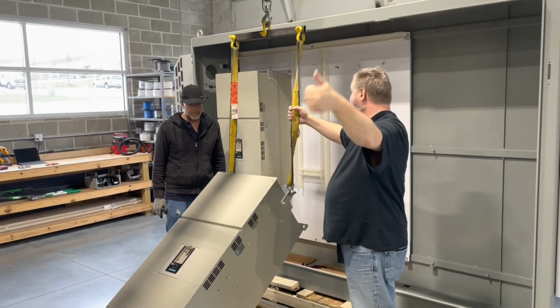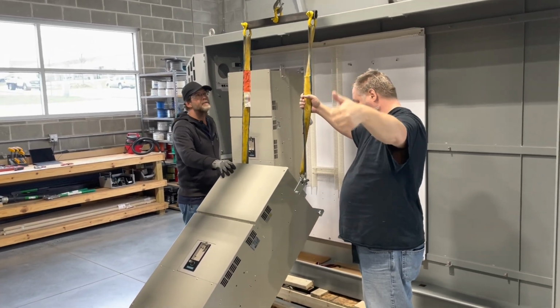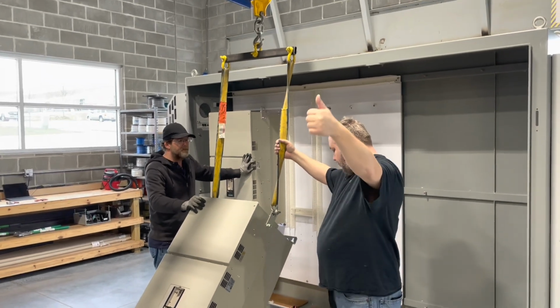As you can see, the first drive's already in. It took us probably half the amount of time, as we have to go